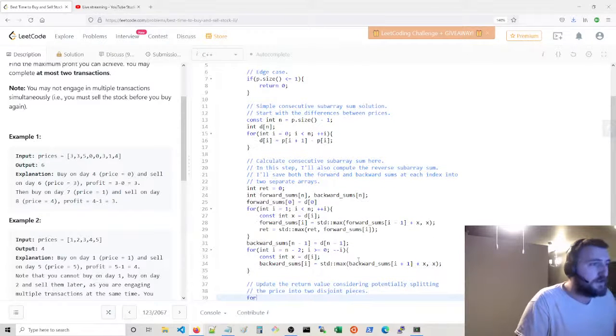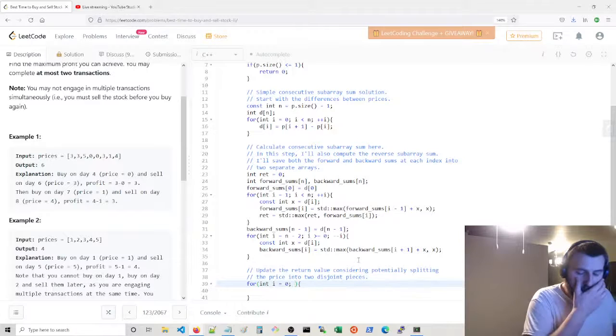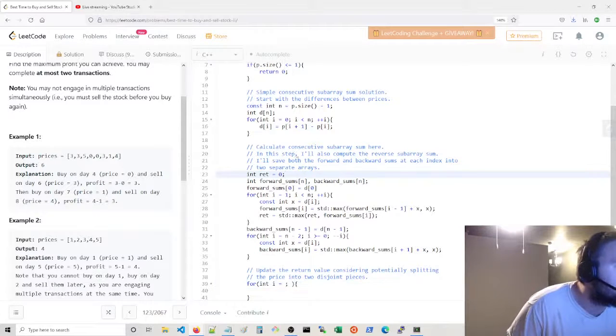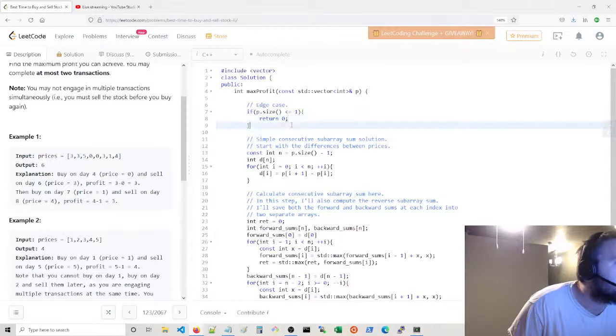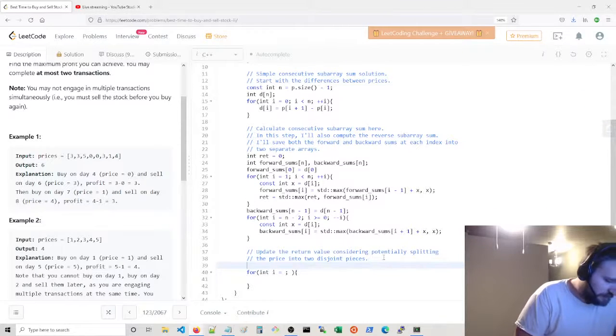Okay, now we can go for int I equals 0 to, so the split could be from, and this is only if, so here we're greater than or equal to 2. This part we only care about if, this is if